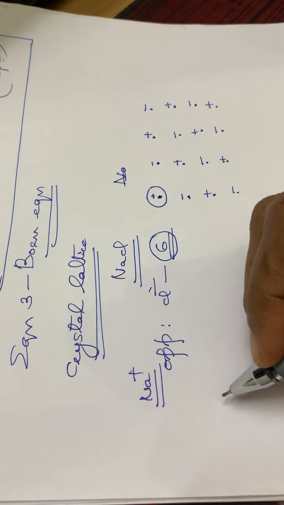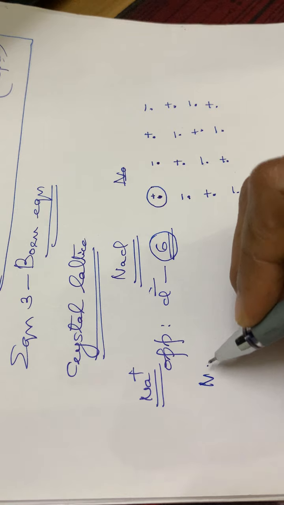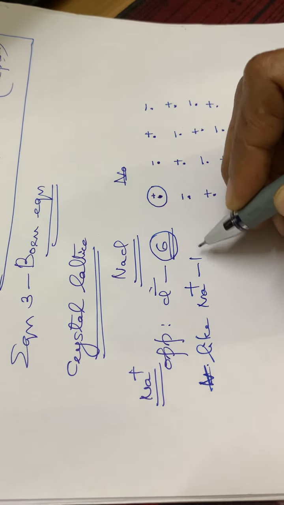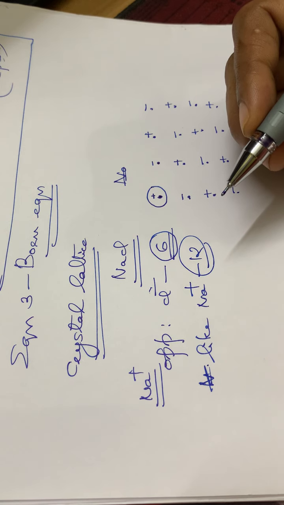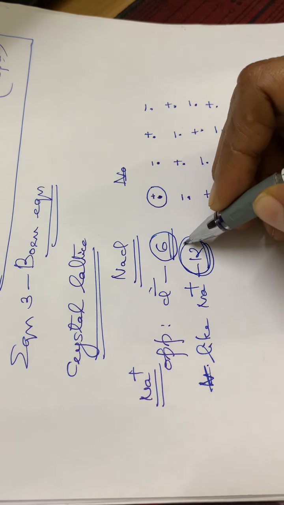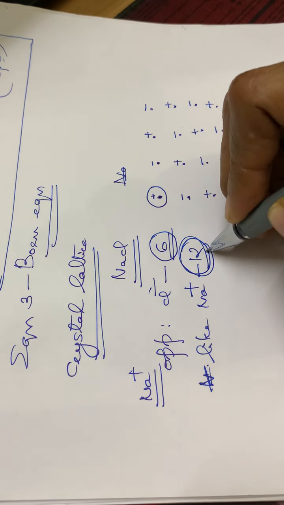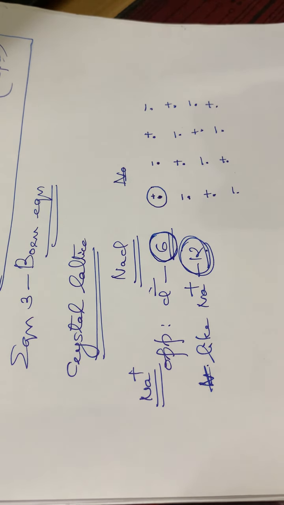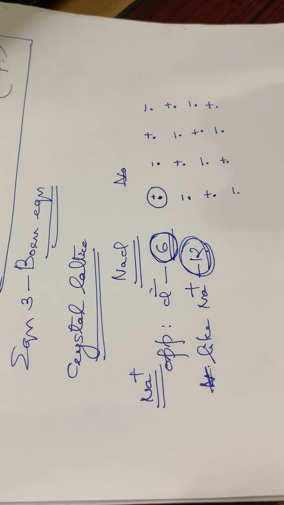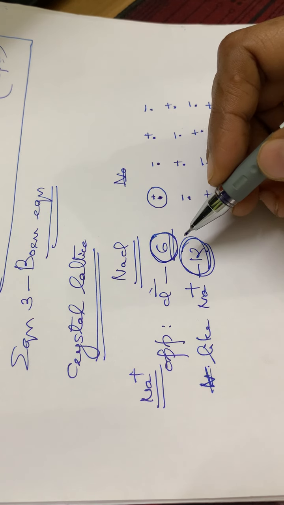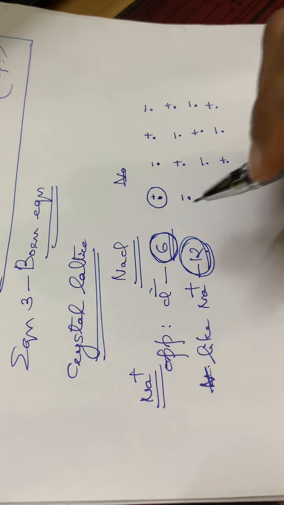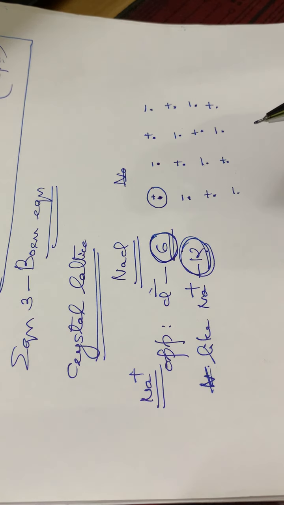And similarly, like charges, that means Na plus ions, there are 12 neighbors with Na plus ions, and there will be interactions from these. That means there will be repulsions from these 12 Na plus as well as attraction from these 6 Cl minus. Okay, so this cannot be satisfied by the Born equation. Okay, this problem cannot be satisfied by the Born equation.